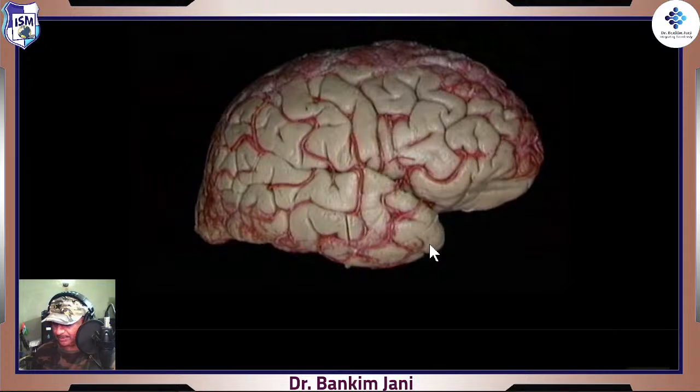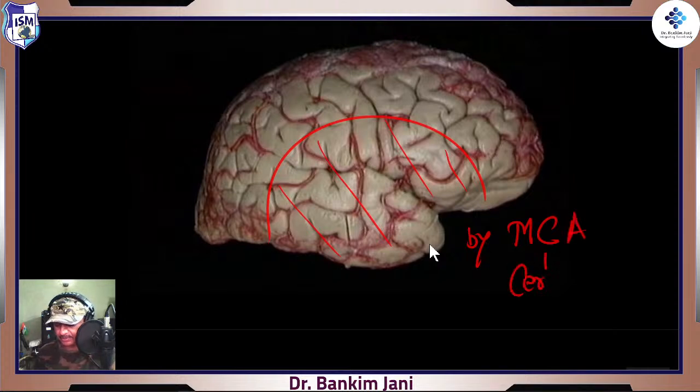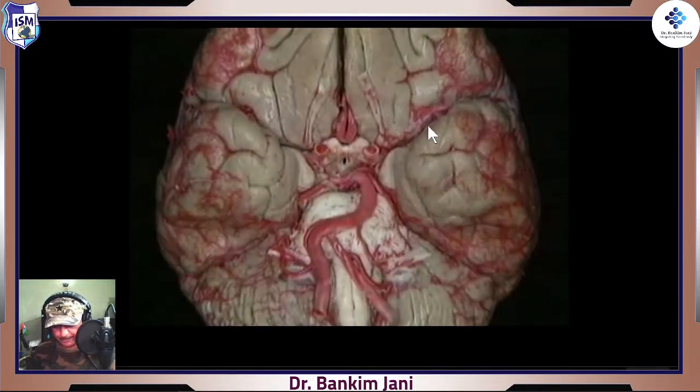In that case, where it is traveling, it will give the branches. So it is this portion, this portion, that would be supplied by the middle cerebral artery, right? Fair enough. Okay,